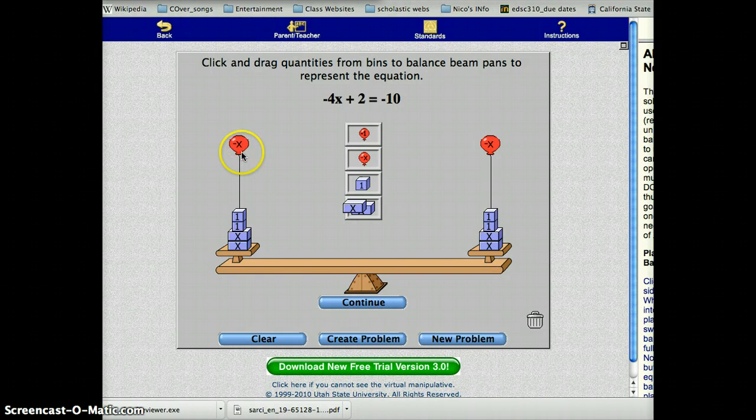Is this understanding or reasoning of a positive and a negative and how they relate to each other. All right, so let's